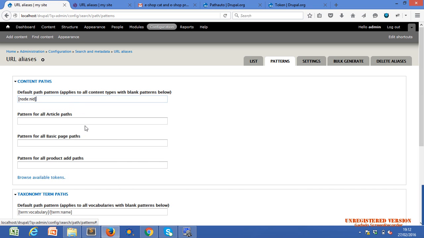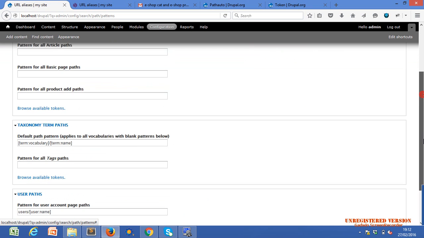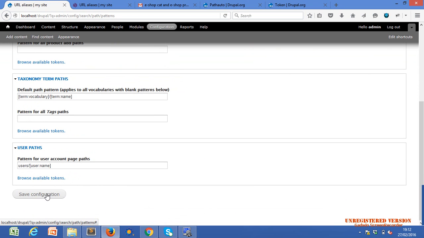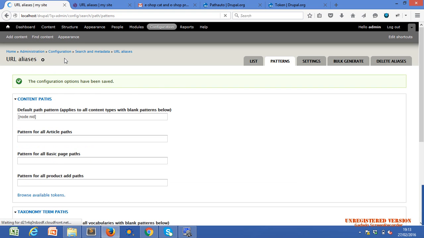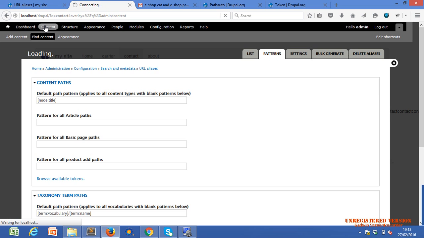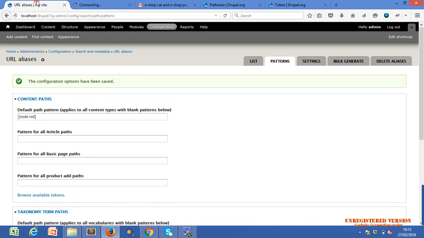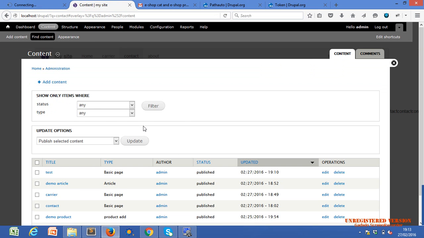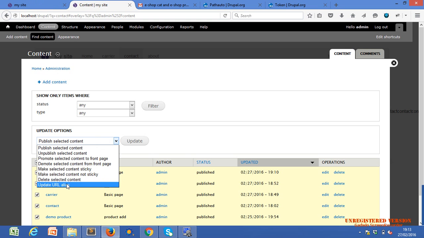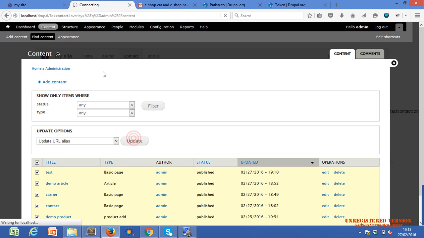Okay, ID, and save the setting. Contents. Here, let's go to dashboard. Select all. Let's do this also. Update URL alias.